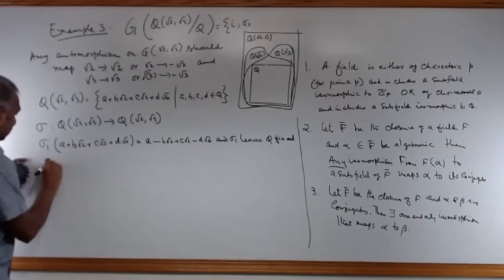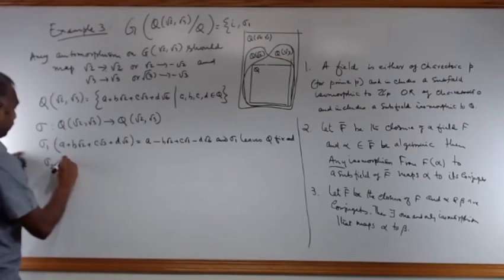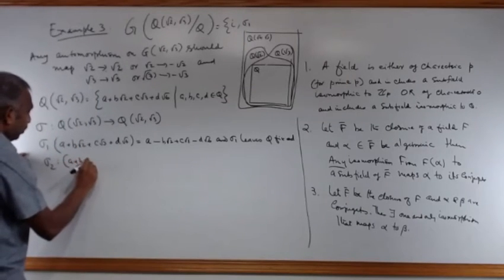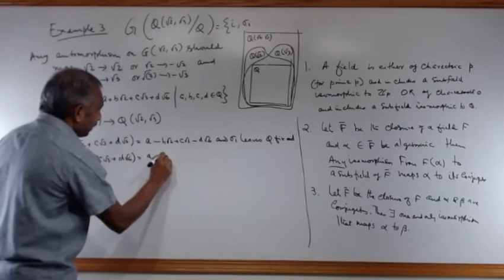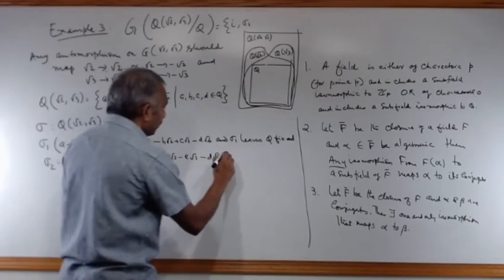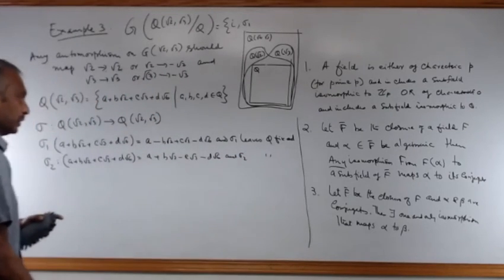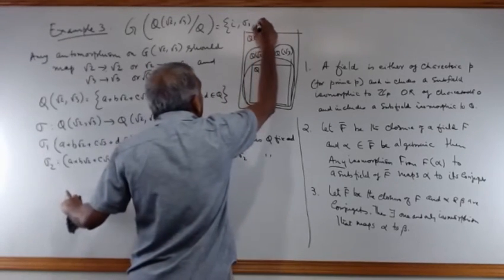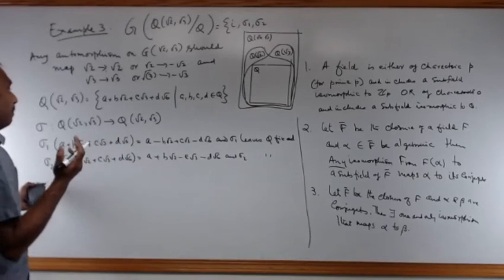Second one is sigma 2, which fixes root 3. So let's take A plus B root 2 plus C root 3 plus D root 6 equal to A plus B root 2 minus C root 3 minus D root 6, and sigma 2 leaves Q fixed. So this is also another candidate. Is there any other candidate? Maybe or may not be, but